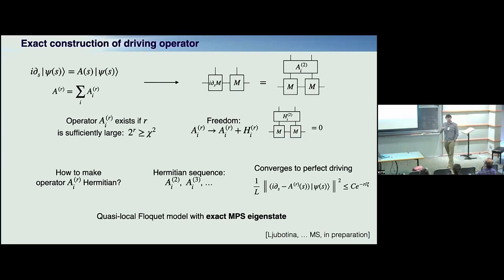So if you wish, this is a construction that tells you, you bring me a trajectory, I give you a quasi-local Floquet model that, in the regime where range goes to infinity, is going to have exactly zero leakage, so it's going to have an exact area law MPS. So far, so good. So, if you wish, now I've got fewer special states. In the PXP model, it was Hamiltonian, I had some power. Now here I'm having one MPS state, but still it's a model which behaves very atypically. If I prepare it at this state, the MPS state is going to oscillate and come back. If I prepare it somewhere else, it's just going to thermalize.